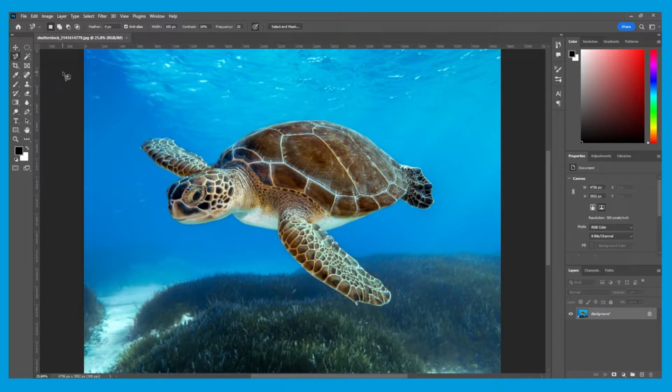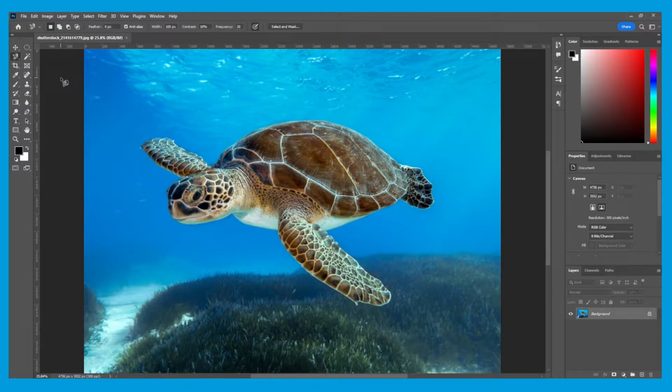Once again, before we begin cutting, we need to make sure that our options are correct. So same as the polygonal lasso tool, we are making a new selection and we want a hard edge. So leave the feather value the same as it was before. There is also a few other things that we need to learn before we begin.